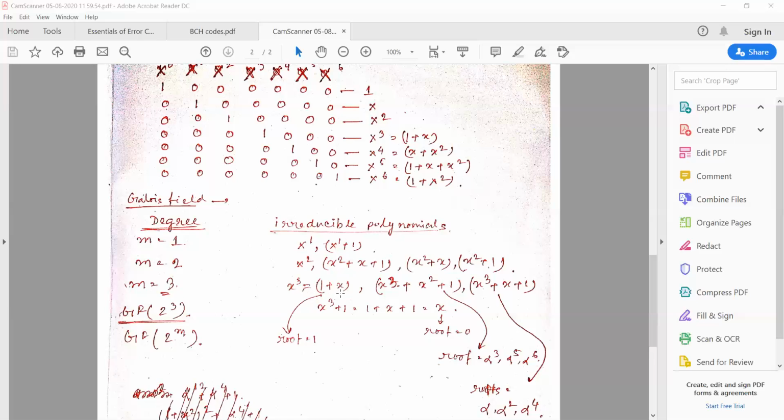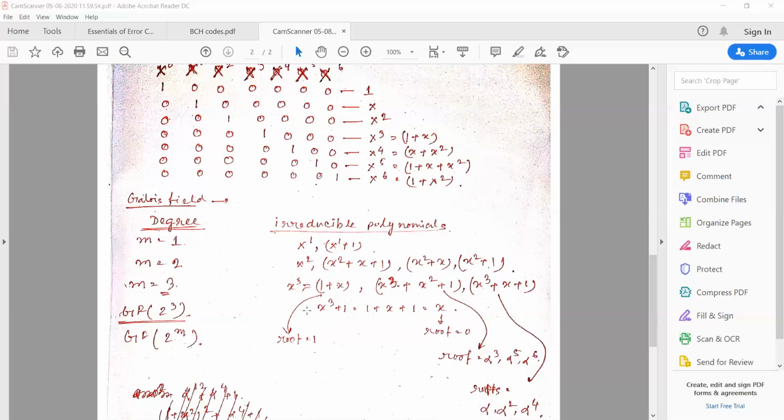So in case of 1 plus x, if you replace x by minus 1, the whole equation becomes 0. So x equals minus 1. So you are taking x as minus 1, which means x plus 1. But here we will take only the mod value, so we don't consider the negative sign. That's why the root is 1.